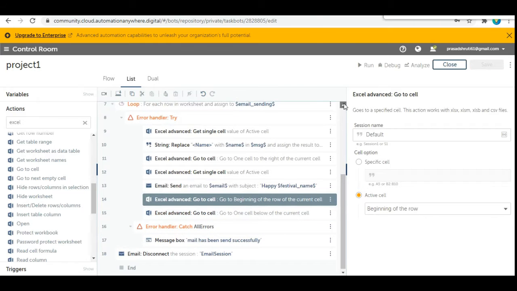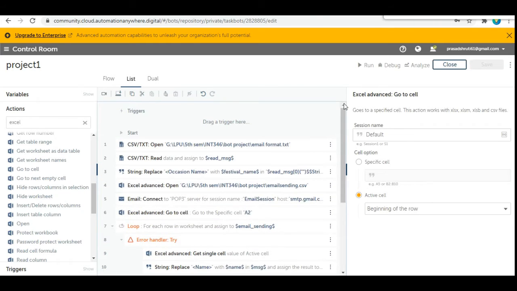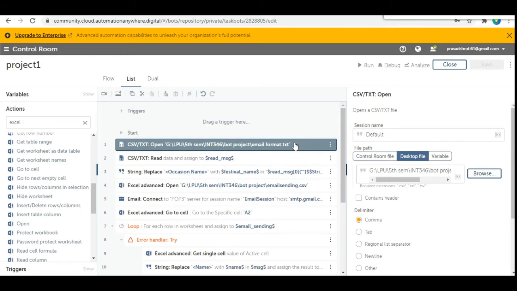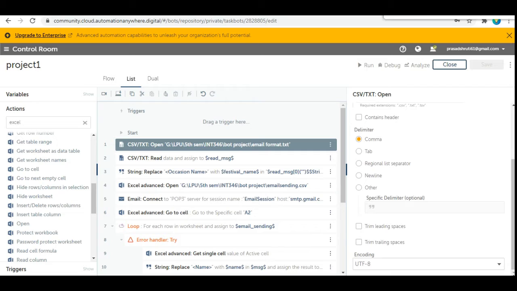Now see all the logic that I have taken. First, I have opened a text file. In the text file, session name default and desktop file, and then browse and choose the path. After that, first I have opened a Notepad.